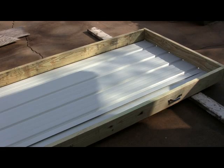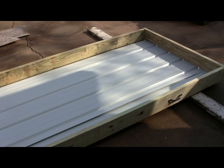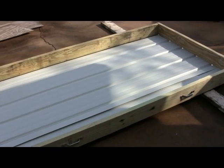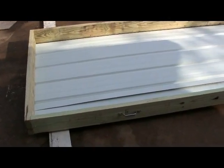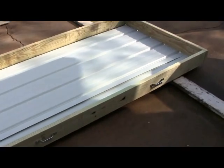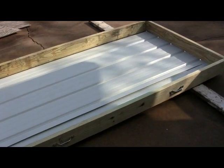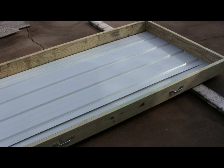Okay, we turned it over, and so here it is now, laying on its top or whatever on the other side. And you can see these are 2x6s, and now we're going to measure it up, and we're going to put materials in there that will be blocking